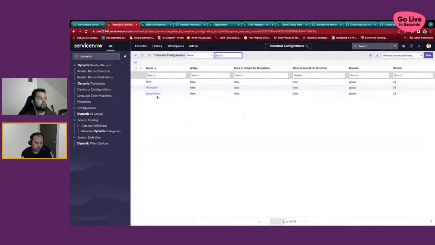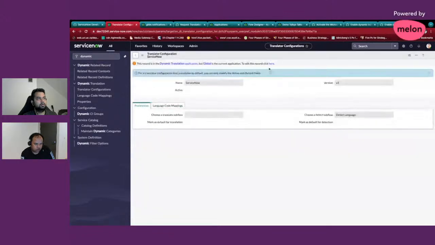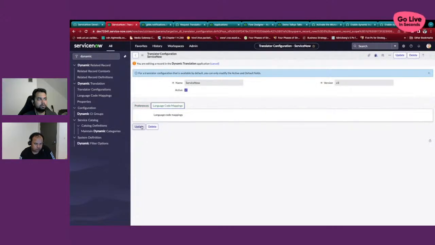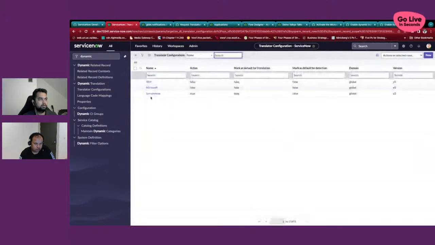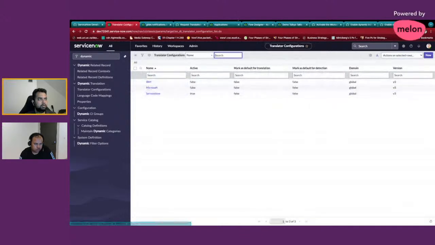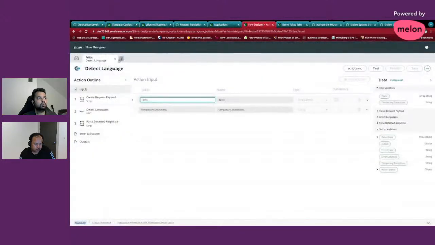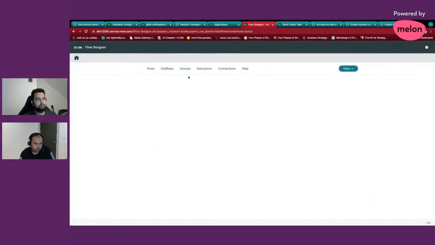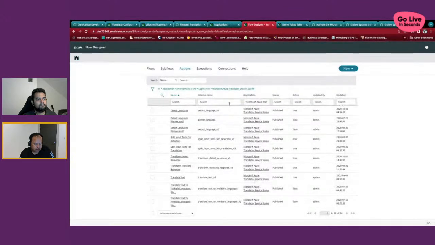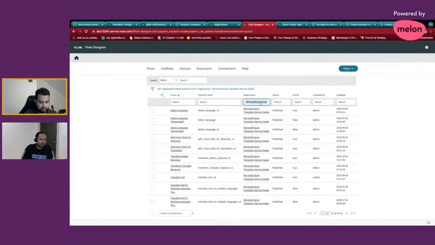I don't know what ServiceNow wants in this. Yeah, but we still have to configure something for ServiceNow, right? How can you test it? So if I say ServiceNow,